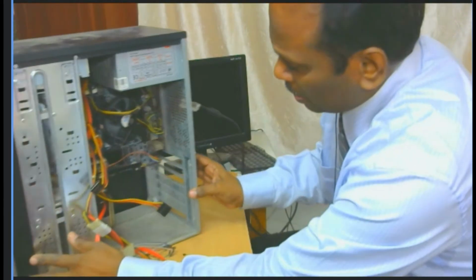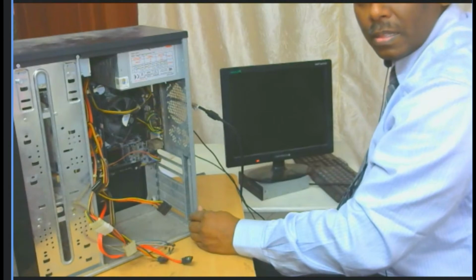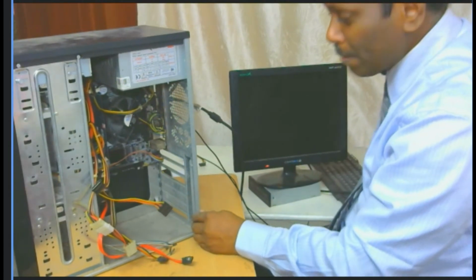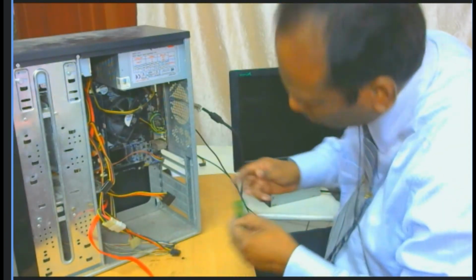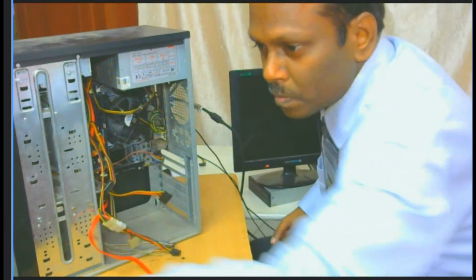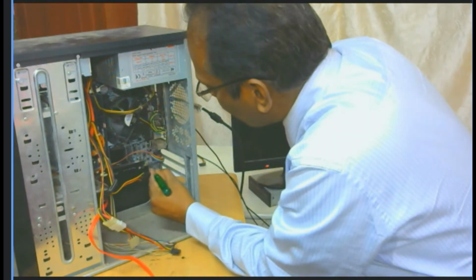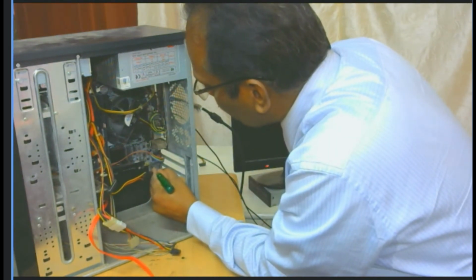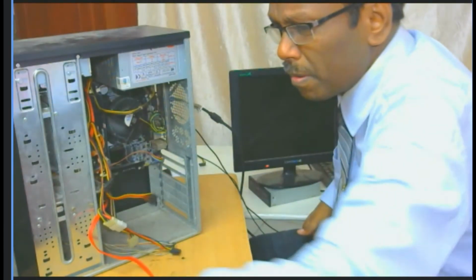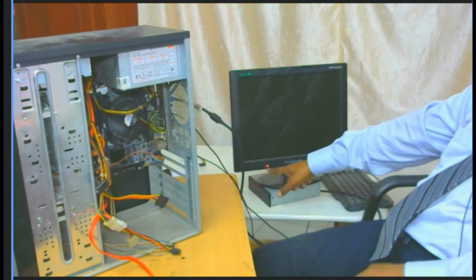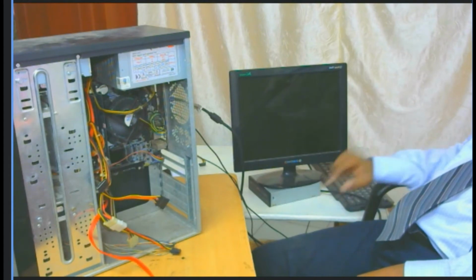I'm just keeping this one. I have already connected the power connector. You can see the display now. If it comes, then you can attach this one last part which is there. So I'm going to manually power on. Yeah, it is powered on. This red should go off. You should see, yes, it is powering on.